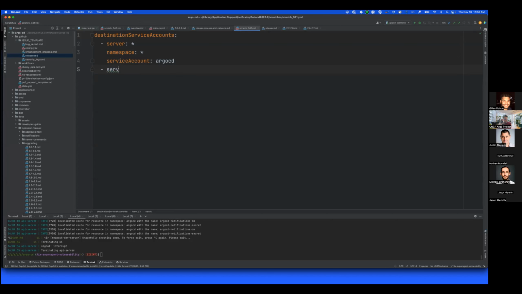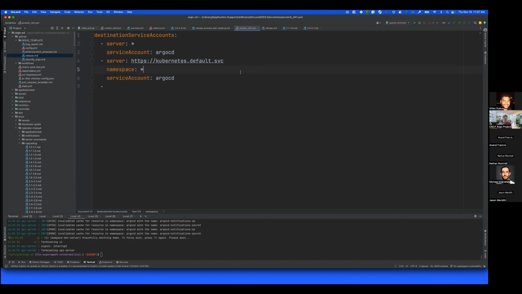Server local, sure, and I could do namespace star, service account Argo CD. I don't totally love this because namespace refers to the default namespace of the application, and resources can be deployed to other namespaces. So I'm not sure that even having this namespace field in here makes sense.